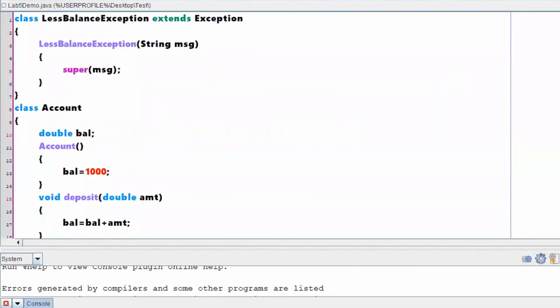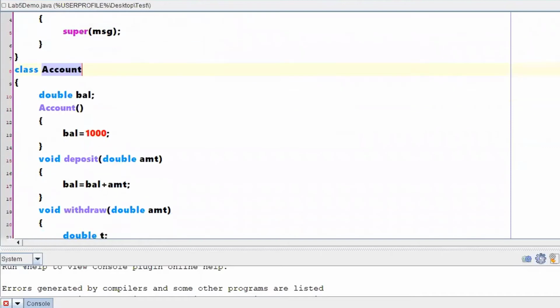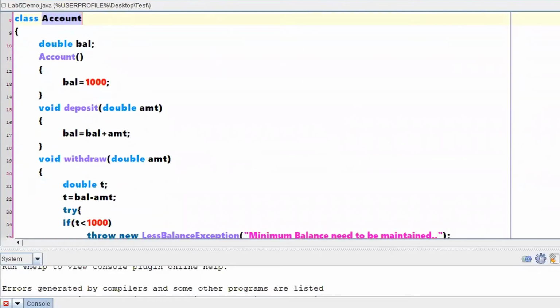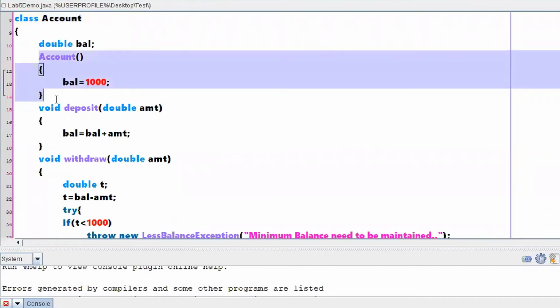I was summarizing. Clear. I have created my less balance exception, checked exception customized class. Clear. Right. With respect to account class, I wanted to do a few things. So minimum balance is 1,000, so whenever an account has been created, I have initialized the balance with 1,000.